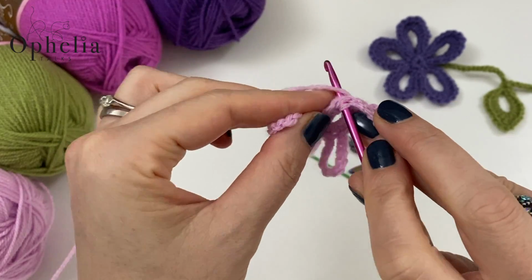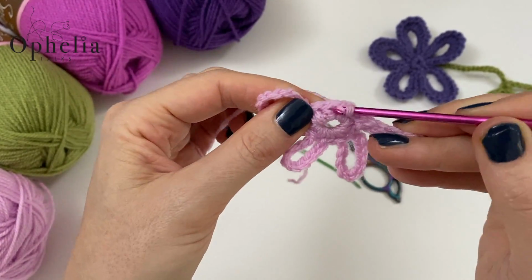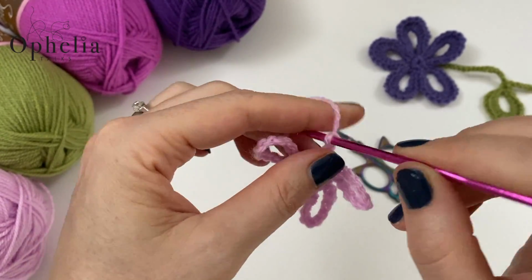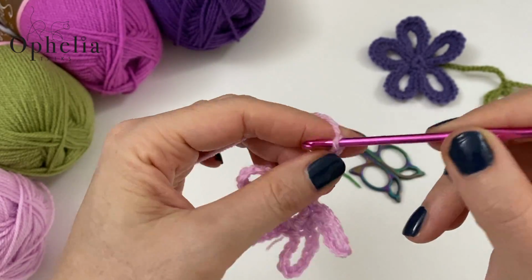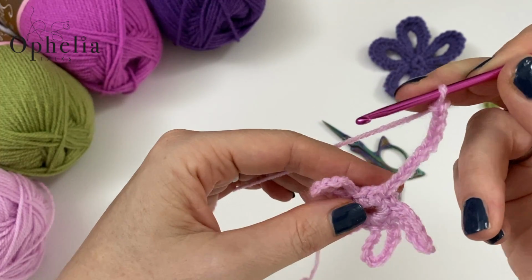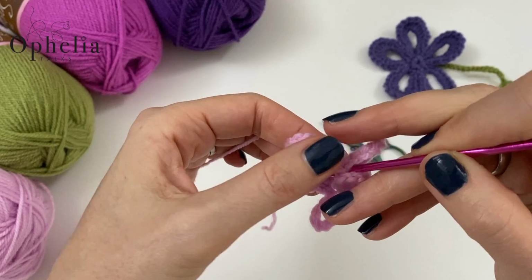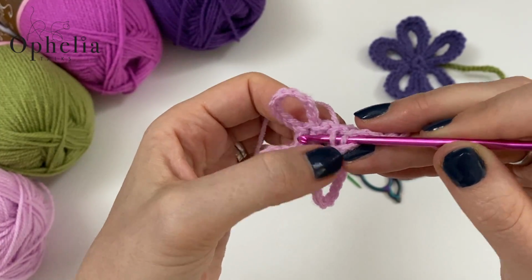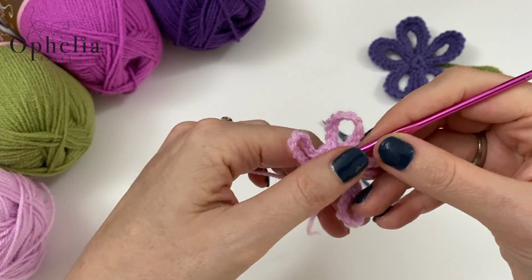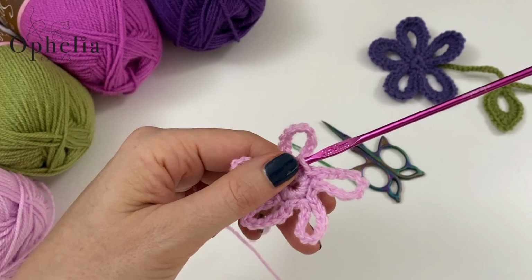Then here, slip stitch under the next one, slip stitch into the next one, chain 10: 1, 2, 3, 4, 5, 6, 7, 8, 9 and 10, and back into the same stitch, and that will leave you with a V in between there, and that is perfect. There we go. So this is the base of our flower,